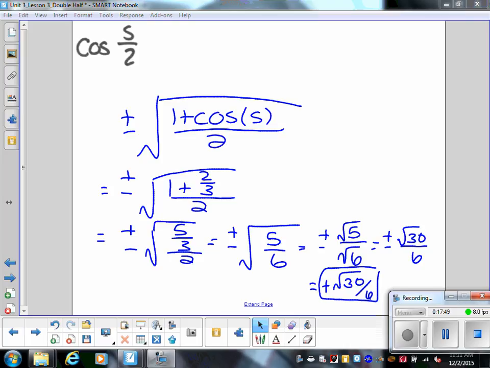Root 5 times root 6. So to get rid of the root 6, I multiply the top and bottom by root 6. And then,